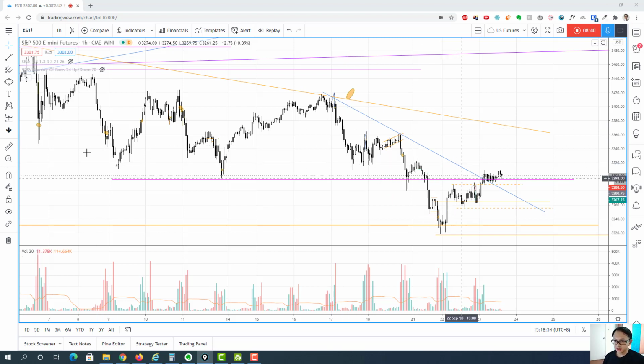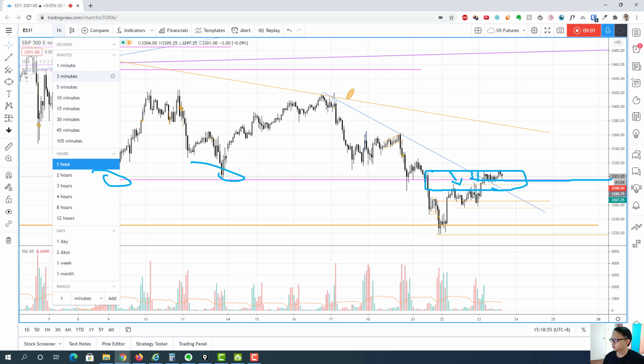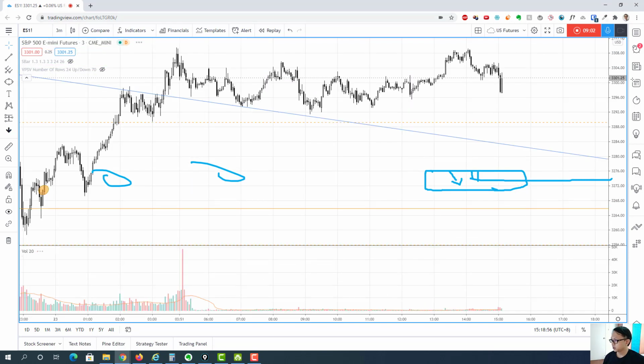So you can see that these first two opening bars actually tested this supply zone here, in conjunction with the non-RTH high, and very close to the immediate resistance level based on the swing low here. Okay, so let me go back to the 3 minutes time frame and show you the exact trade